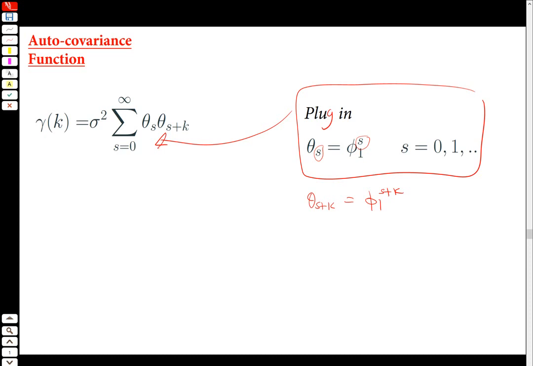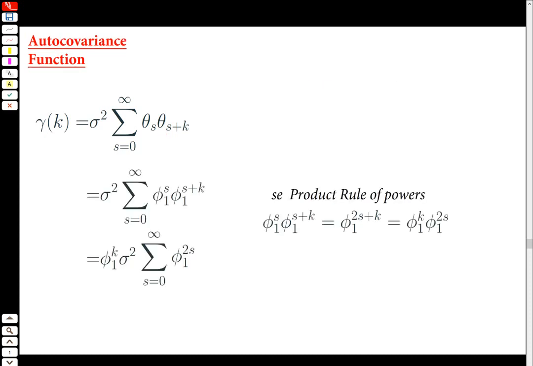So again, general formula here. We're now going to plug in our particular coefficients. So we're going to plug them in to here and expand it out. So, well, we can do this. So we just plug in theta s equals phi1 to the power s to here. And we get this. Then we're going to square it. So then we will get